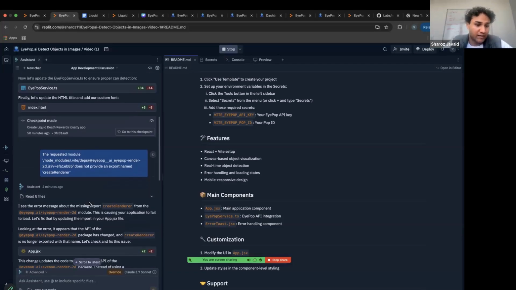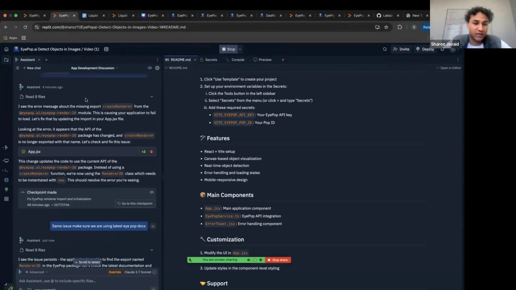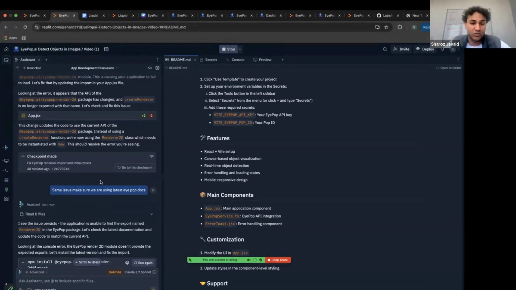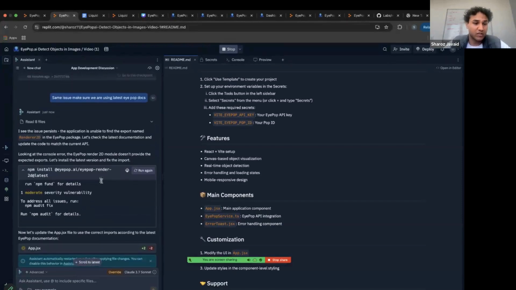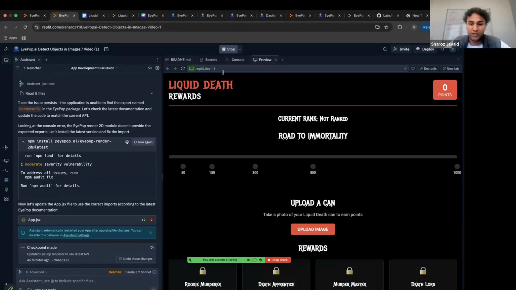So we had this issue where it wasn't grabbing the most updated version of the EyePop AI SDK. So then we needed to do it. It was still having the same issue. I knew what it needed to do. It needed to grab the latest version from the doc. So we just told it to do that. And once it did that, we were outputted this preview,